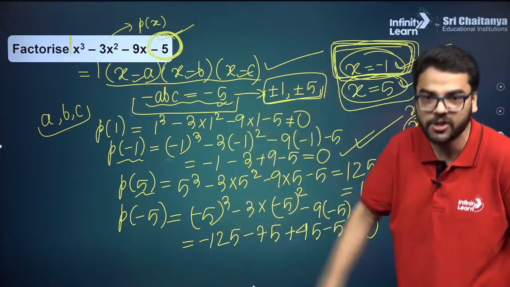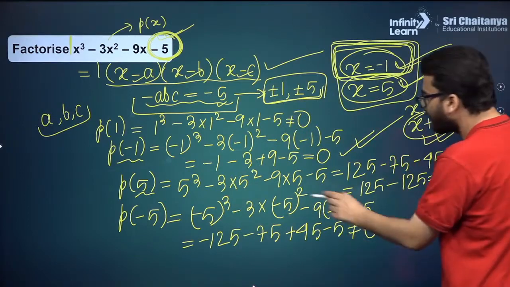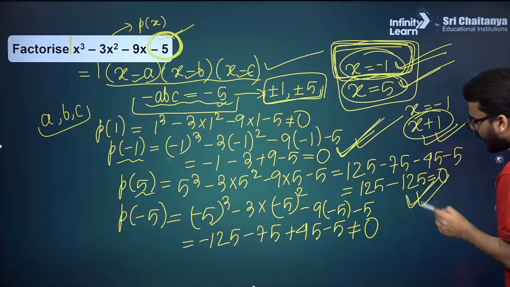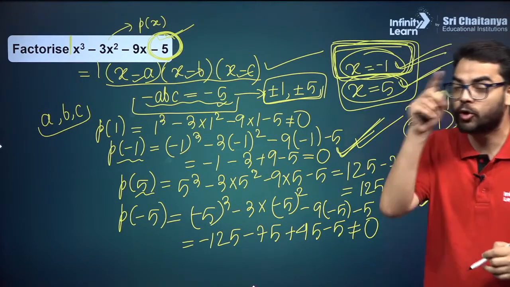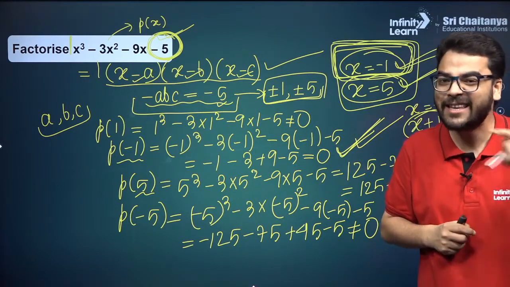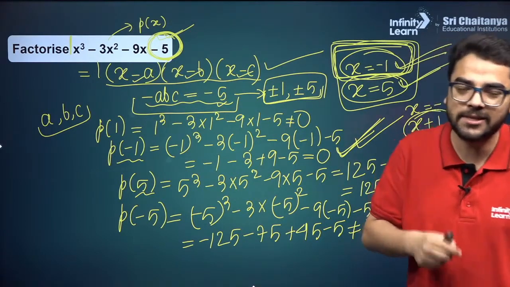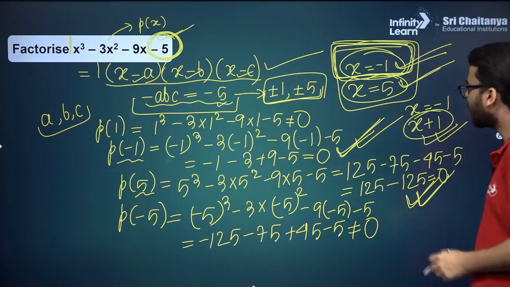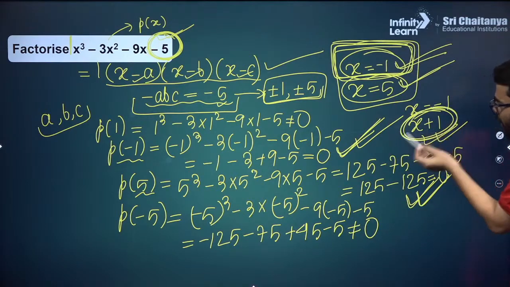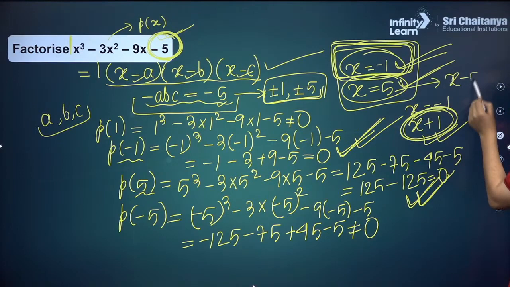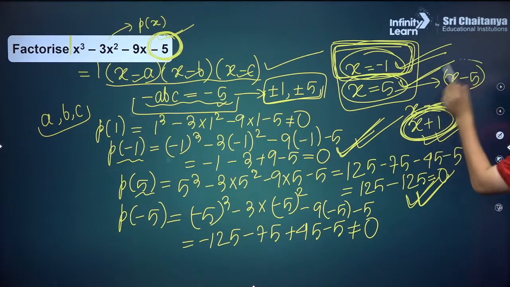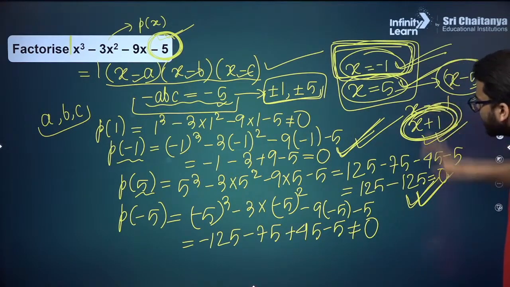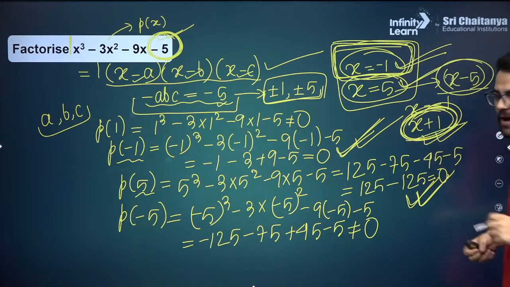But in this specific question, what is happening is, we are getting 0 at only two values of x. So will you say that only two factors are there for this cubic polynomial? The answer is no. Will you say that this polynomial is having only two factors? It is not possible. It's a cubic polynomial. So what will you do? You can take x plus 1, or if you want, you can take x minus 1 as well. You got it? By factor theorem, x minus 5 and x plus 1, I'm sorry, this is x minus 5 and x plus 1, are the